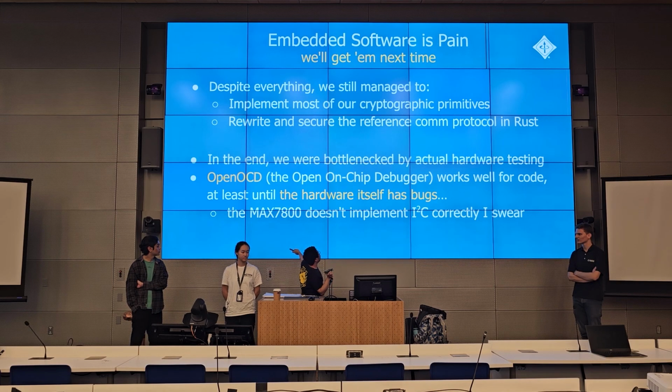The debugger given to us, something called Open On-Chip Debugger, tended to actually work really well for code. But unfortunately, debugging your code is not as fun when the hardware itself has bugs. I read the spec for this thing, and this does not implement I2C correctly, somehow. And speaking of I2C,